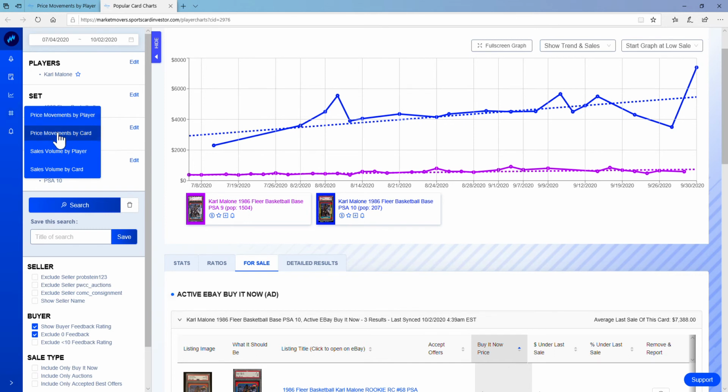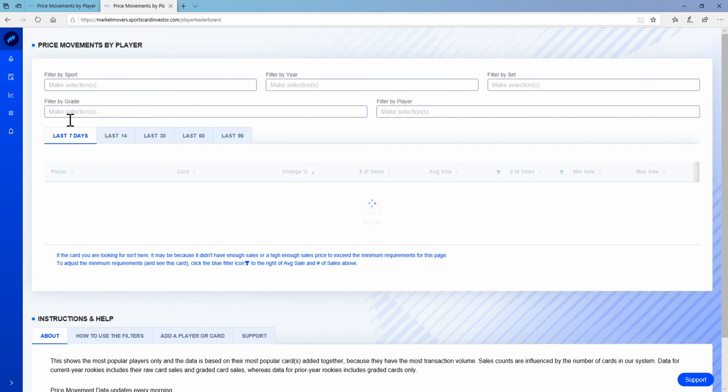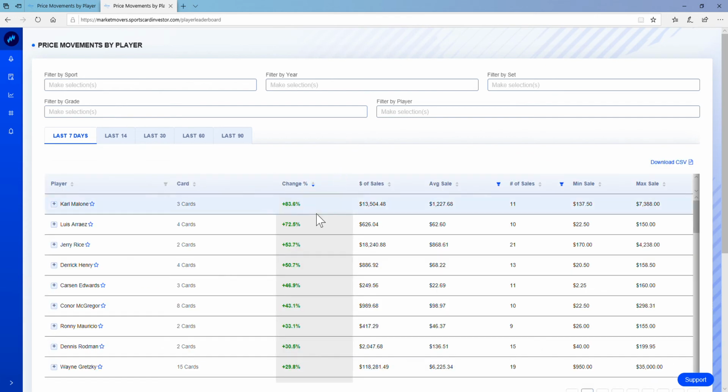But I just want to show you another way that I use this with price movements by player, which I've had some success with this data tool by doing it this way as well. So let's just let that reload here, let that update, give it a second here. All right, so again, we're on the same page with Karl Malone being up number 1 over the last